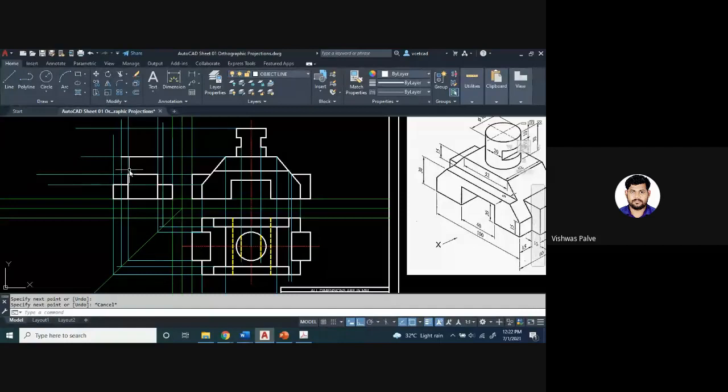After that, I will show the cylindrical portion. Then in the cylinder, the slot should be seen when we observe it in side view. That slot will be seen as a dark line because it will be visible to us.